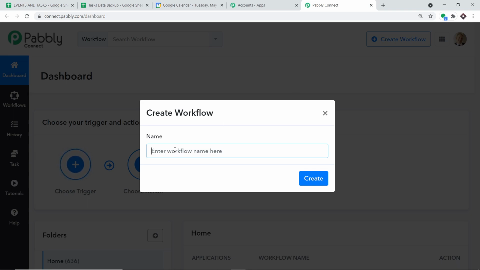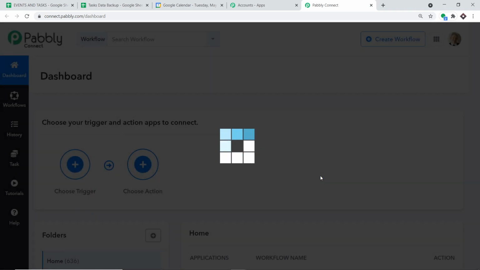Okay, so we have to give a name to this workflow. I'm going to name it Google Calendar to Google Sheets. Of course, you can give any name at your discretion. Let me click on create.